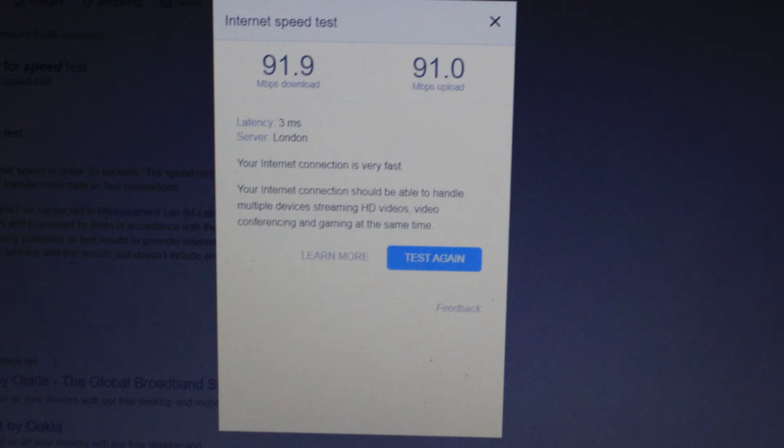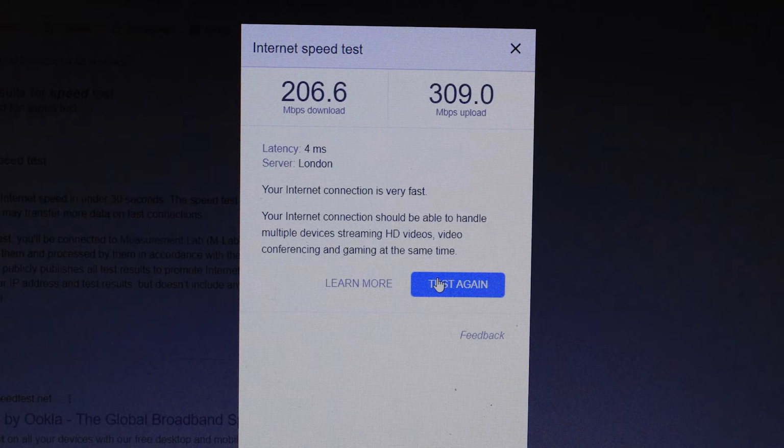So I'm getting about 90 megabits per second with the LAN cable, upload and download. Yet if I pull that out and go across the Wi-Fi, that jumps up to about 200 megabits per second download speed and around 300 megabits per second upload speed across Wi-Fi. So I think these figures really go to show that it's just very different across all the different devices in